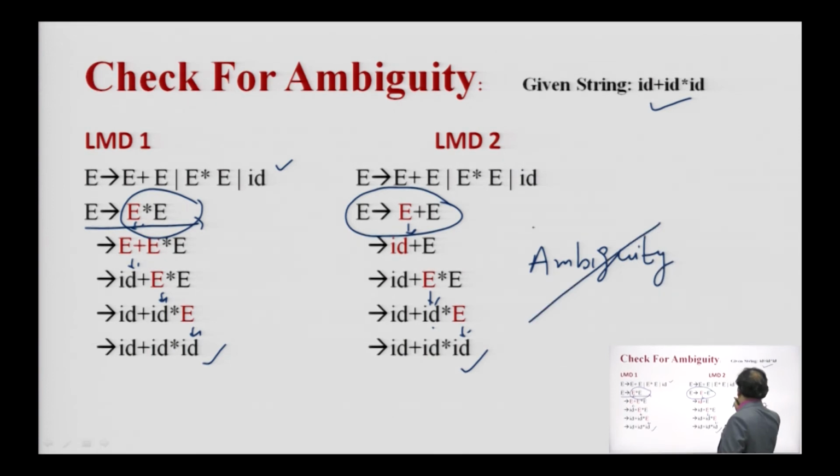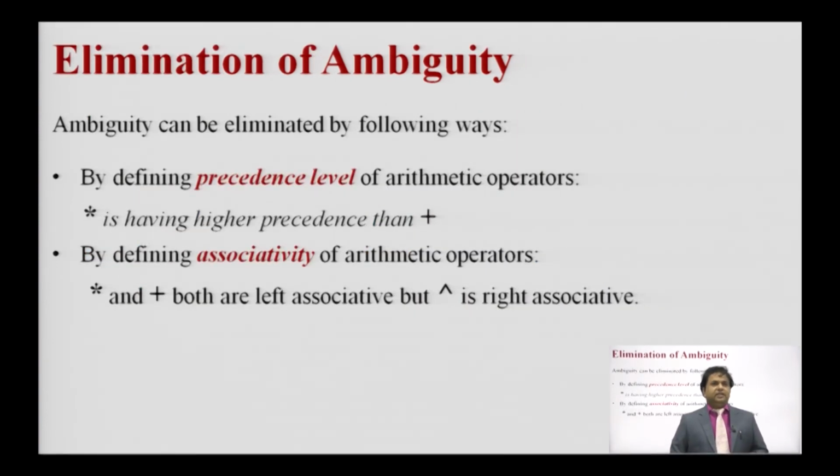which is not desirable. Ambiguity is an undesirable situation for the grammar. So, there should be certain rules by which we can restrict our grammar so that it should not follow two paths for the same sentence. There is some concept or some constraint which we can put on our grammar that will restrict us from following these two paths for the same sentence. So, we should eliminate the ambiguity. So, how can we eliminate the ambiguity?